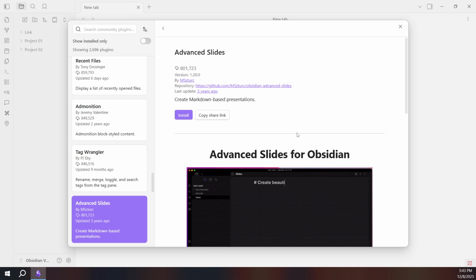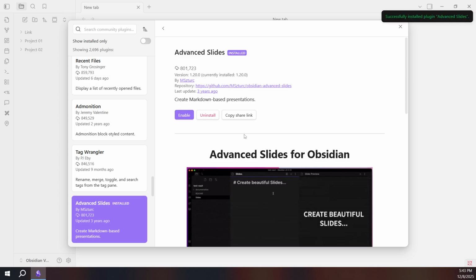When you're ready, click Install on the plugin's page, and after the installation completes, click Enable. Install adds the plugin to your vault. Enabling turns it on so its features are available immediately. Most plugins work right away, and Obsidian typically doesn't require a restart. If a plugin offers options, you'll usually see a settings link on its page where you can fine-tune behavior later